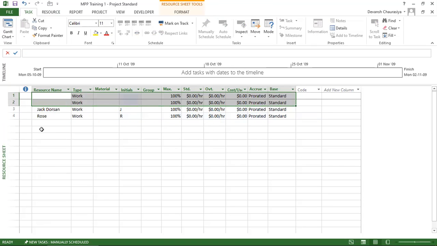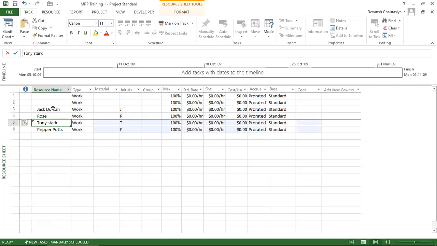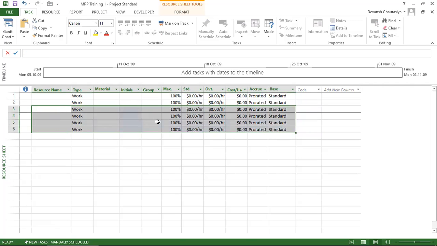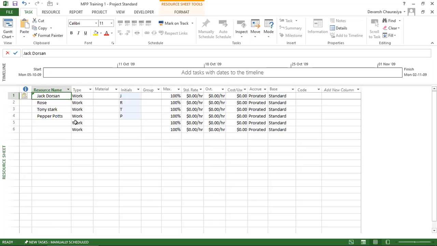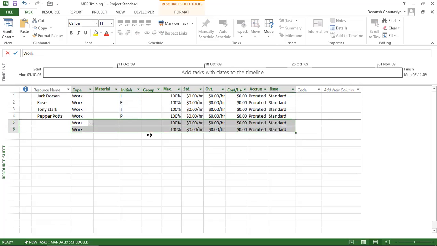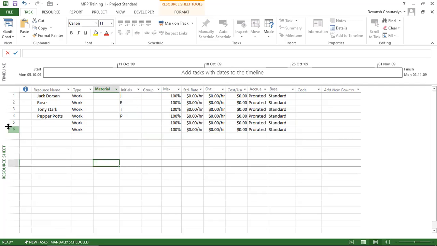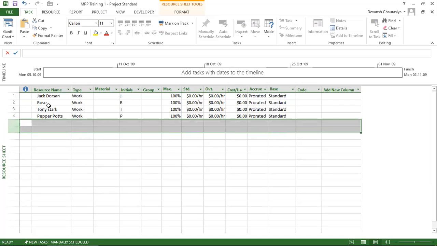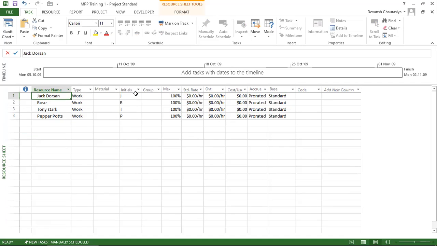Okay. Now it automatically takes the first letter, first alphabet, as initial. I will make it JD and TS and Pepper Potts.